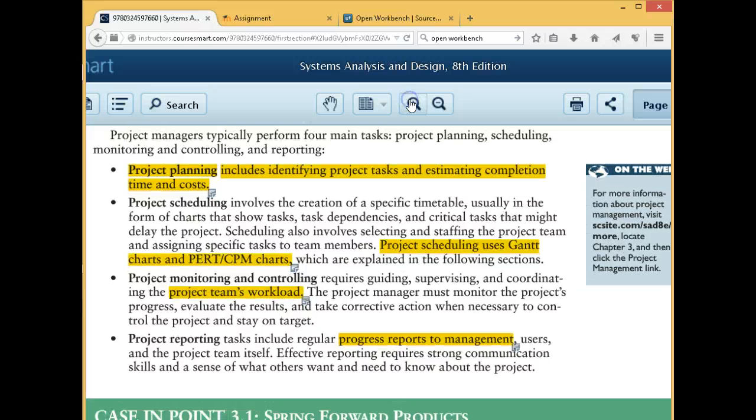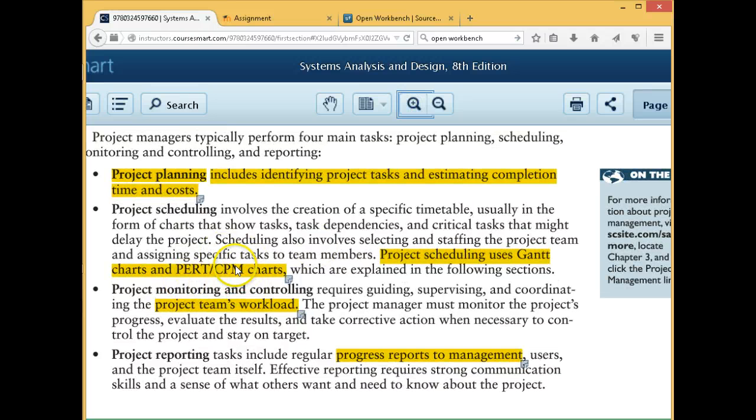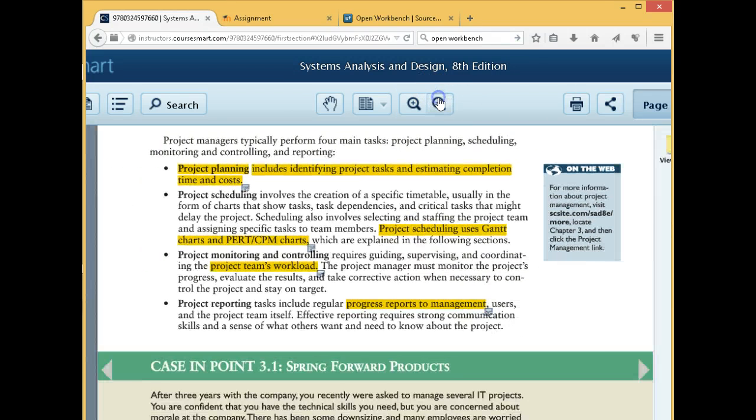So for project managing, there are PERT charts that we're going to be using Gantt for. And remember, you're keeping track of your workload of people and resources, and remember, you're reporting to the people that are writing the checks to fund your project. And if you don't do the proper reporting, they're going to say, wait, we haven't heard a progress report. We're cutting your funding until you tell us how you're doing, because we have to answer to our investors that we're making progress on